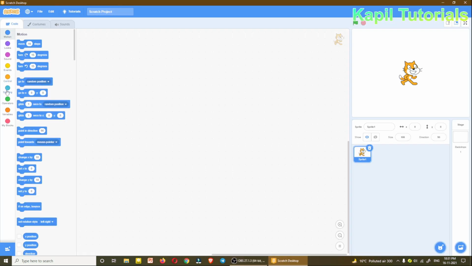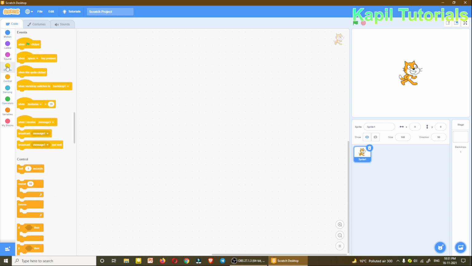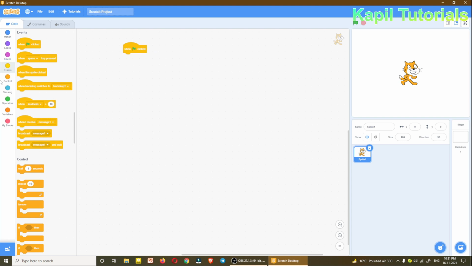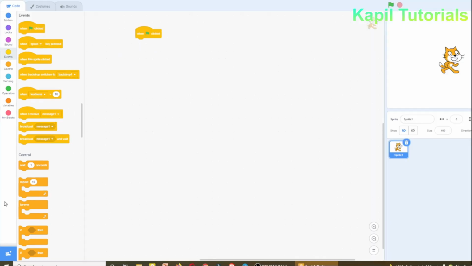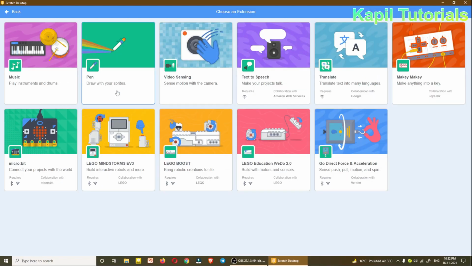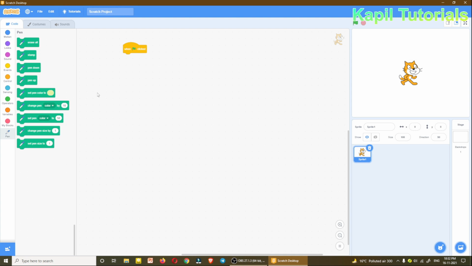So first of all, I'll go to events, click the when flag clicked block, and then I have to add the pen commands from here because the pen block is not available by default. So I'll just click upon this.